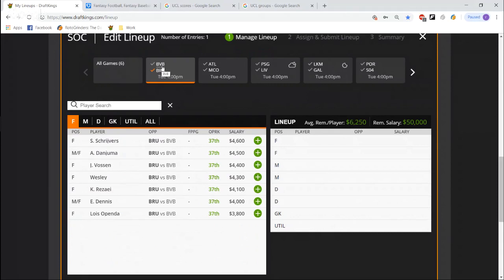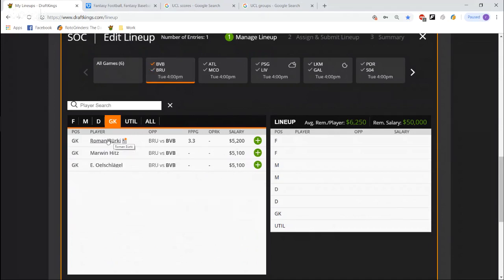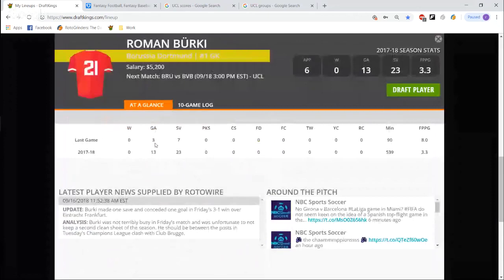They should start. Wesley's probably seen 90 minutes, but I like Vossen a little bit more. He does have that penalty upside, as we just saw. But from what I've been reading, he is a talent. He just hasn't been fully healthy and fully minutes yet this season. So hopefully he'll get a really good shot this slate. Because if you're familiar with last season at all and Berkey, I'm sure he's a great guy. He's just not a very good